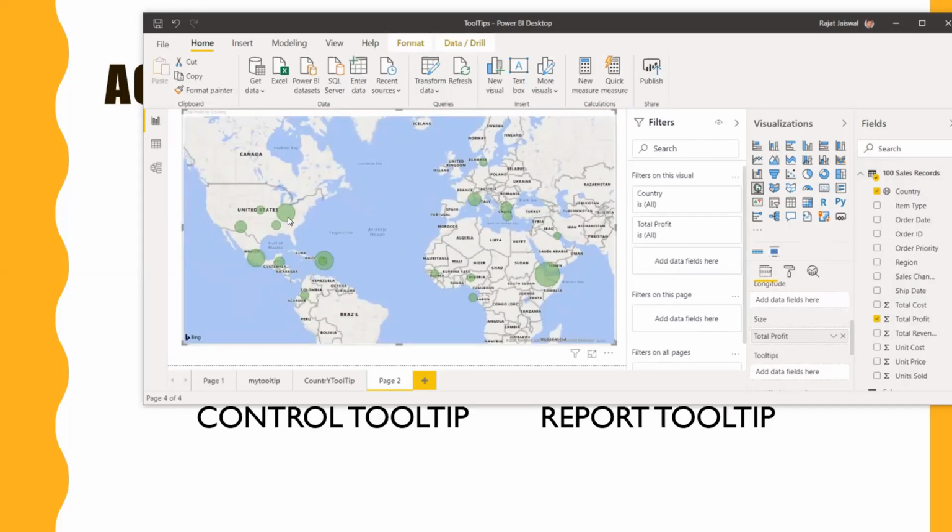Now when you hover on this, you can see country Switzerland and total profit, and something is wrong here. I don't know why in the map itself, but the country is showing wrong over here. Anyway, Switzerland should be on the Europe side, but let it be. I think the rest should be okay. Yeah, Mexico is correct.